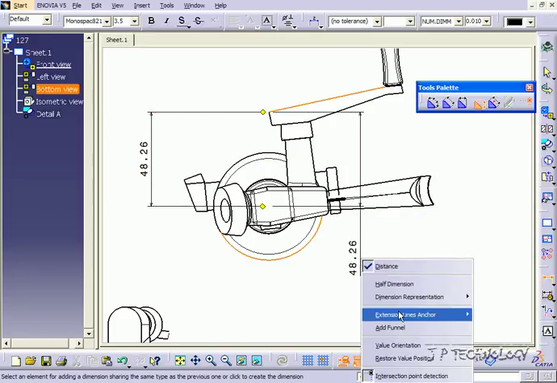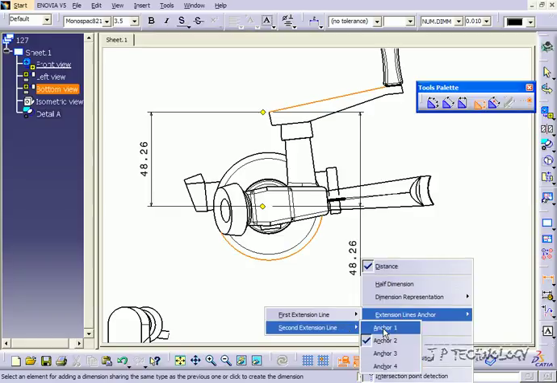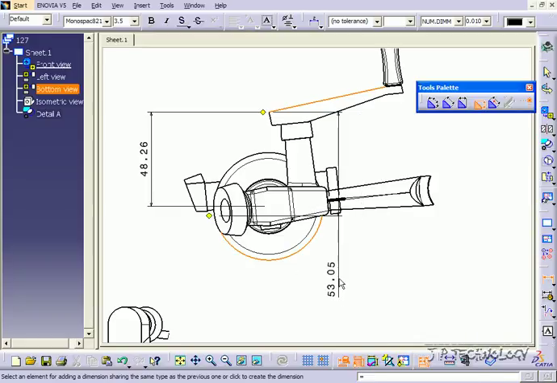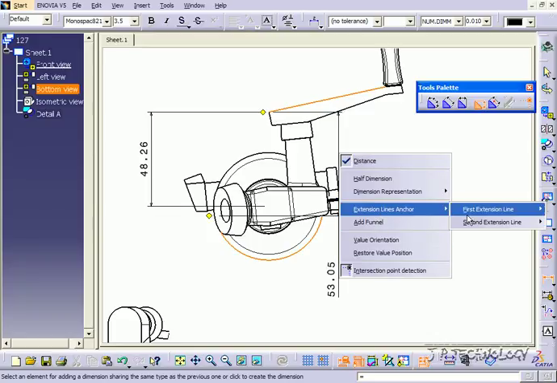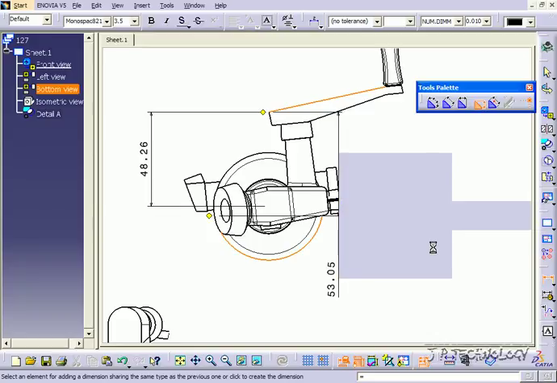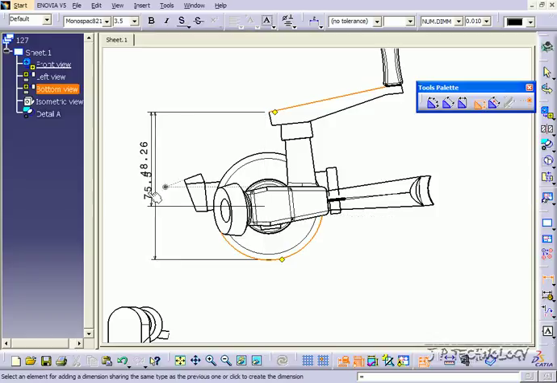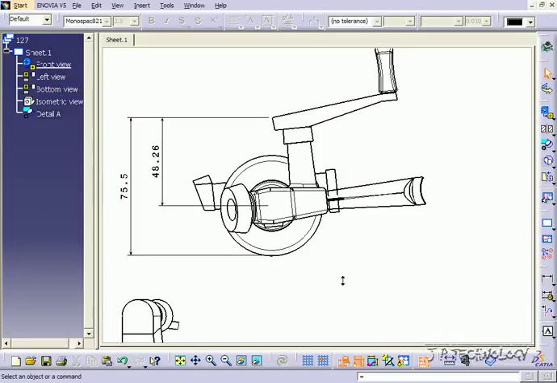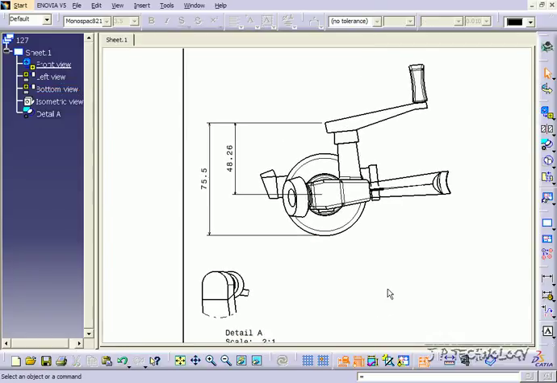Now we'll change the anchor for the circle. So the second extension line, let's put it to 1. That's not what I want. Put it to 3, and that's what I want. So you're just going to have to play around with the anchor points until you get it. And once you get it, click OK, and you've positioned it. So you can do this with lines, circles, whatever it may be. If you're having trouble getting the actual dimension you want between two objects, you might need to play around